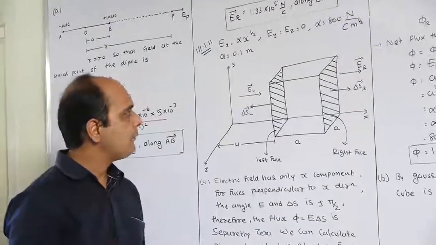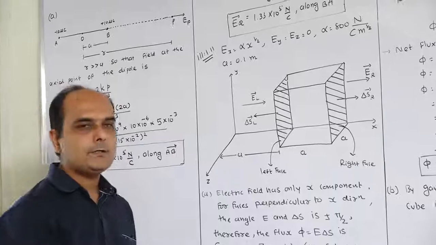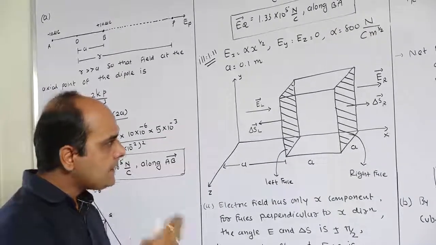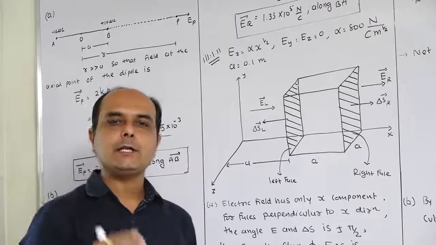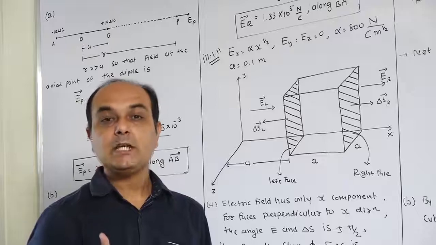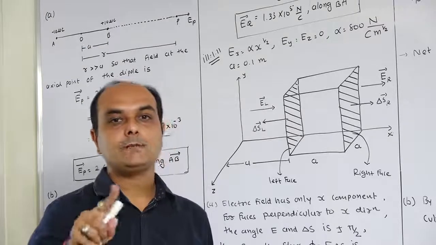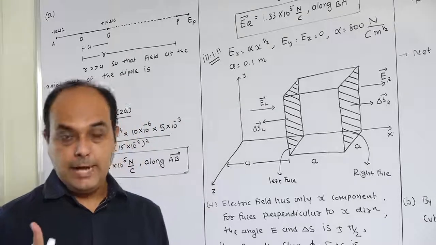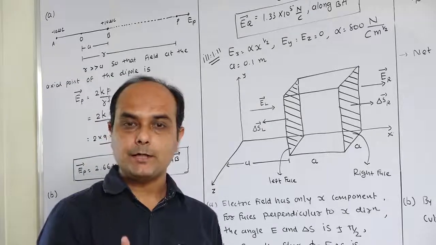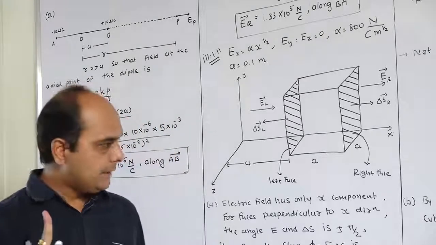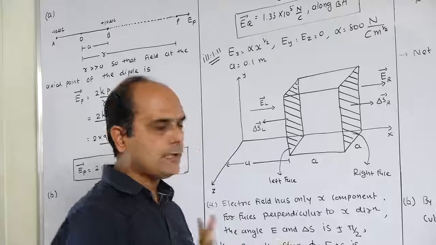Okay. Now we are moving on to the next illustration, that is illustration number 1.11. Now, student, this illustration is related to the electric flux. Which equation of the electric flux have we studied? Flux phi is equal to vector E dot vector delta S. And another equation of the flux that we have studied is phi is equal to Q by epsilon 0, from the Gauss theorem. These two equations can be used to solve this illustration.